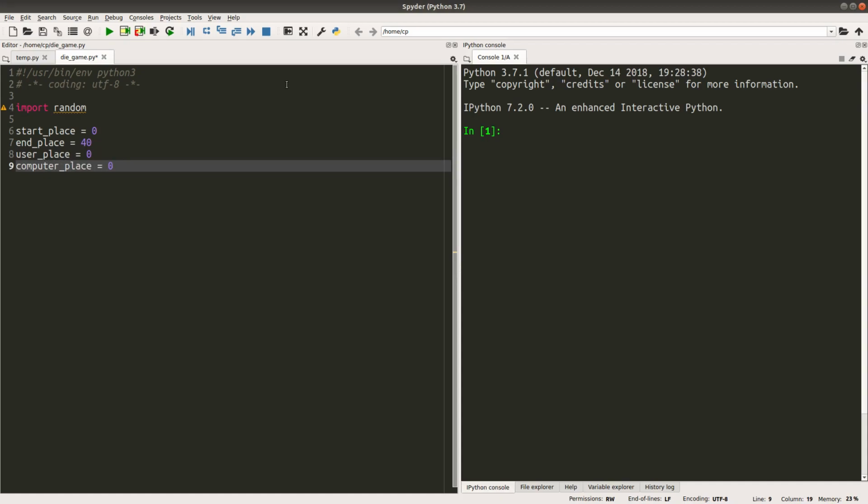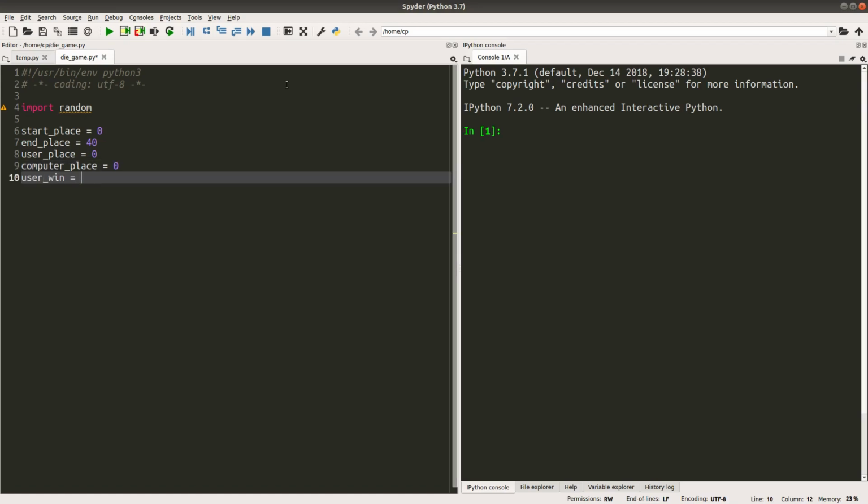Both the user and the computer would start from 0 position. Both the user and computer do not win for now, because none of them has reached the end place exactly. Nobody wants to quit the game for now, so the quit game boolean variable is false for now.